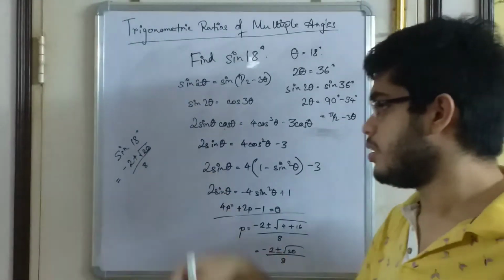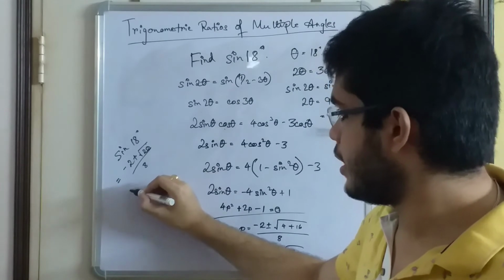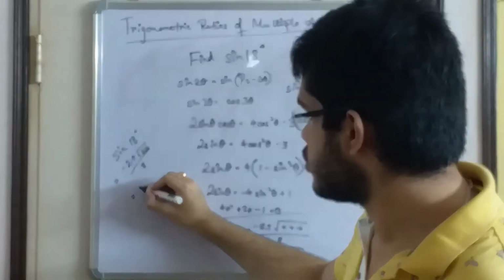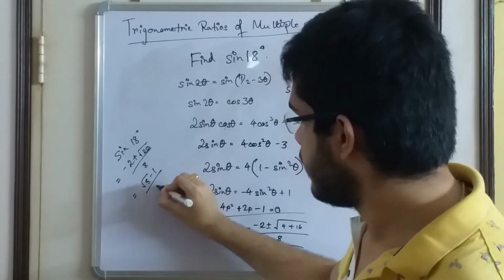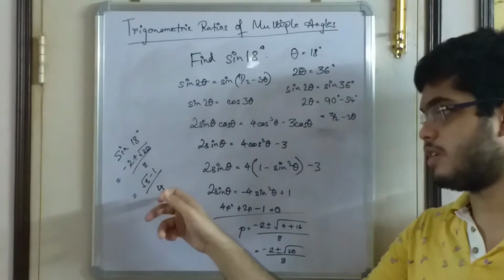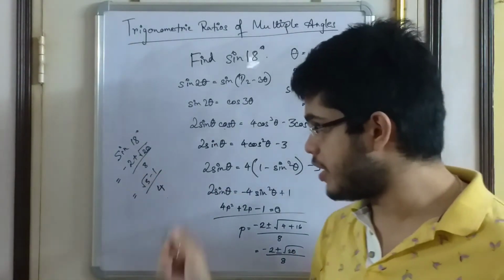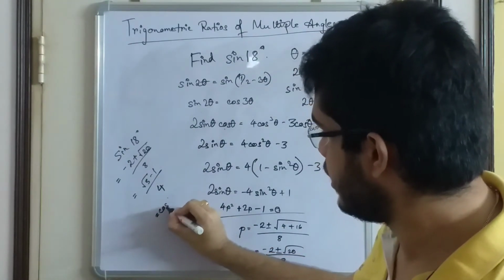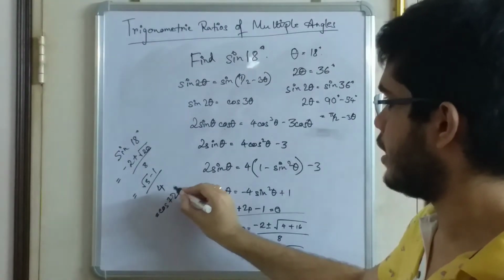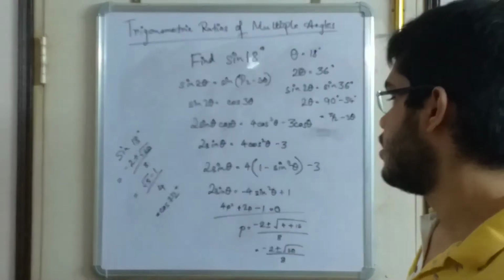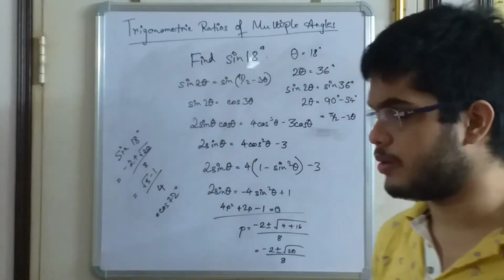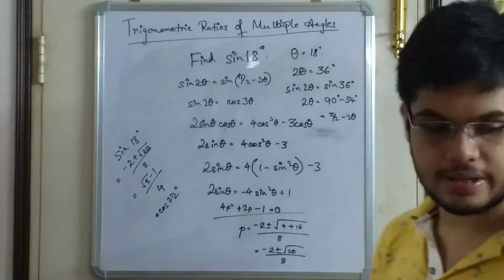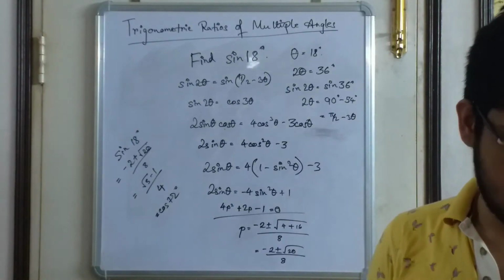Now divide numerator and denominator by 2. What will we get? This is 2 root 5. So root 5 minus 1 by 4. So remember this value. Sin 18 degree is root 5 minus 1 by 4. And in fact, from this you can get quite a few values. Since sin 18 degree is this, so this is also cos 72 degree. And from here you can get sin 36 degree by using 2 sin theta cos theta. And from there you can get cos 54 degree. So in this way you can get all the formulae. Okay. So remember, sin 18 degree is equal to root 5 minus 1 by 4.